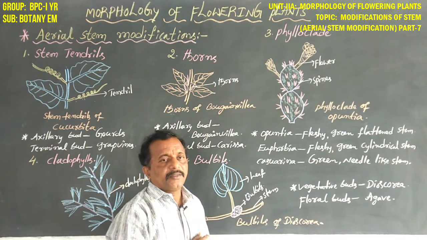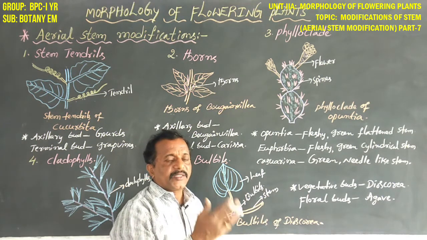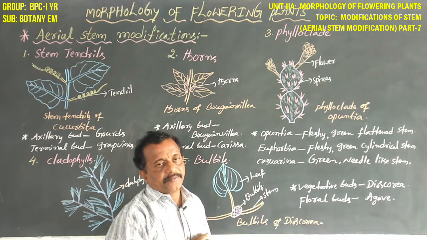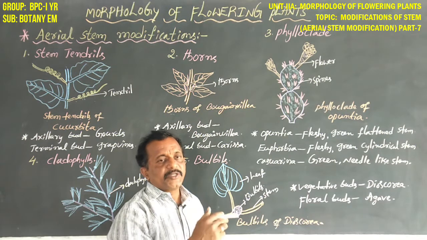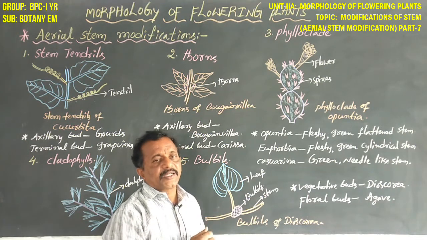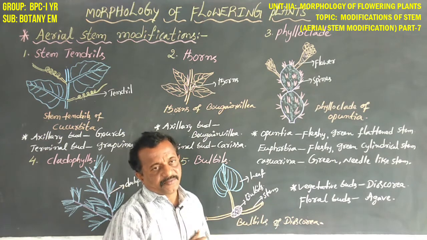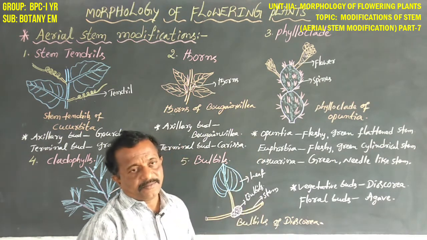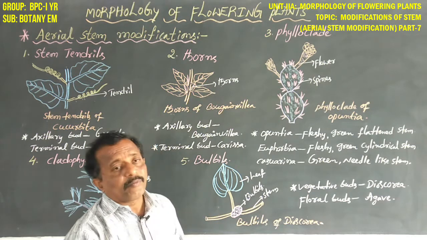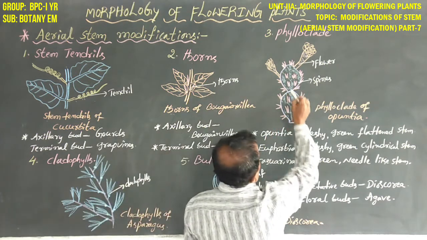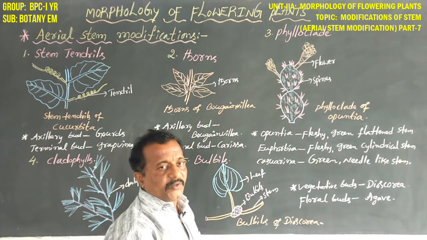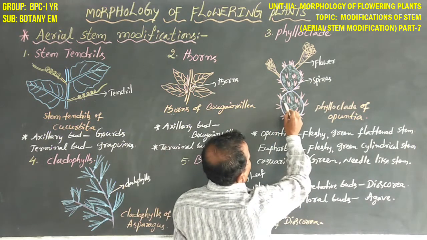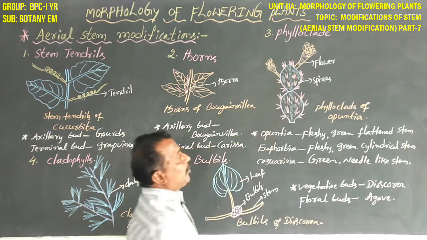Generally, the stem is green in color when young, and dark brown in the mature period. But in a few plants, the stem is always leaf-like in structure, that is, a flat structure, cylindrical structure or needle-like structure, and is always greenish in color. So dear students, what is the meaning of phylloclade? The leaf-like stem. This is a stem, not a leaf. So the leaf-like stem is called phylloclade.